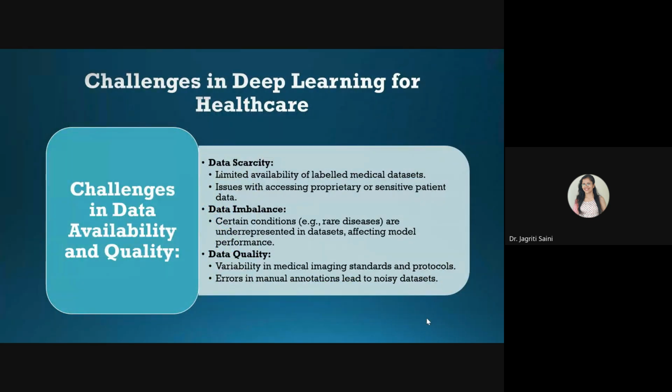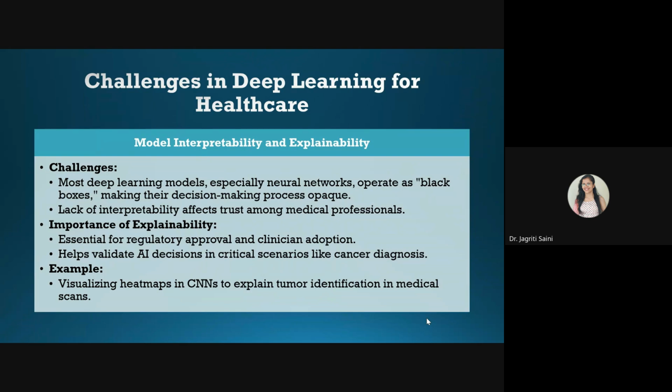So we are talking about another issue, that is model interpretability and explainability, because when we are working on real-time patient data, we need proper approval from clinicians as well as regulatory authorities, because there are several trial issues involved while dealing with medical data, privacy concerns of the patients, as well as the protocols followed by the hospitals and the governments. All those things we have to deal with. So that increases the chances of rare availability of good quality data.